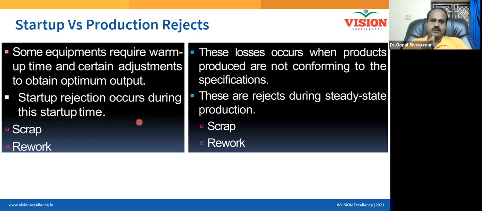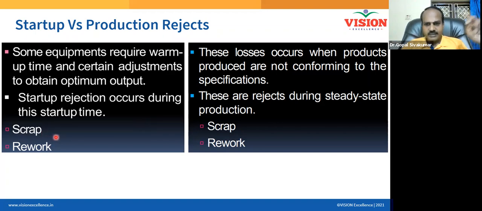I hope you must have seen, if you visit certain factory, let us say a boiler. So for the first half an hour, they don't take any reading. Or you run an engine, the first 30 minutes, they don't take any reading. Because it is only after running the engine for 30 minutes that it comes to the optimum performance. And thereafter only, they start considering the readings. That means there will always be a startup time, during which some rejection could happen. And so certain scrappages will be there, reworks will be there.